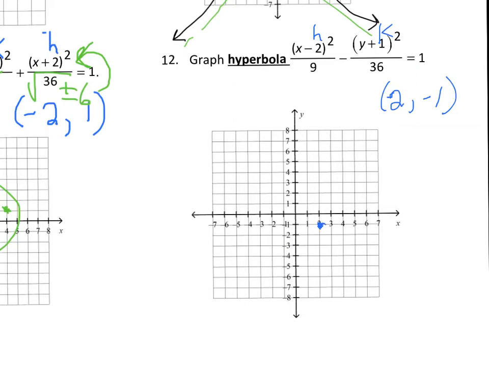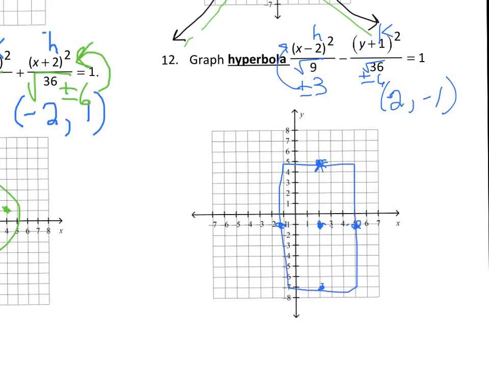Now let's see how big we draw the box. It's going to be 3 and 6. It'll be 3 wide because that's on the x-axis. So from that dot, we go over 3 to the right and to the left. And then we're going to go up and down 6. So that's up 6. Oops, on the 5. And then down 6 will be right there. So we'll connect those